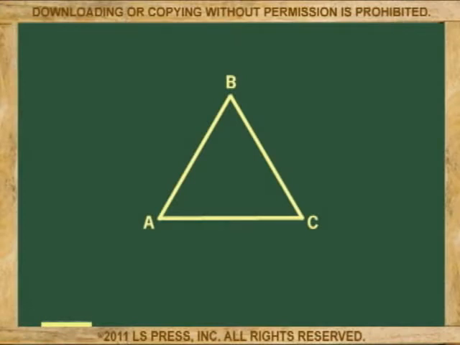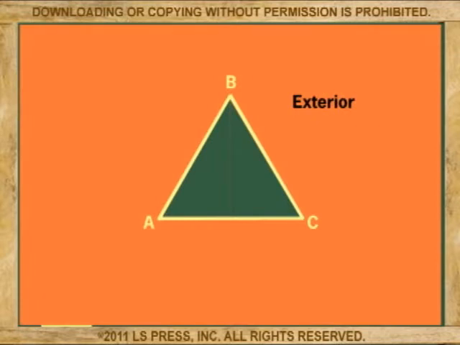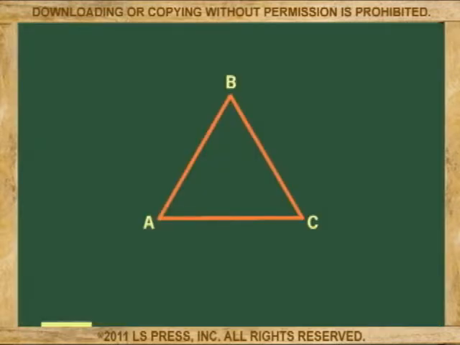Now, continuing with a typical triangle, and like with other polygons and the circle, the triangle has an interior side, an exterior side, and the triangle itself. For example, in this triangle, point A is inside the triangle, point B is outside the triangle, and point C